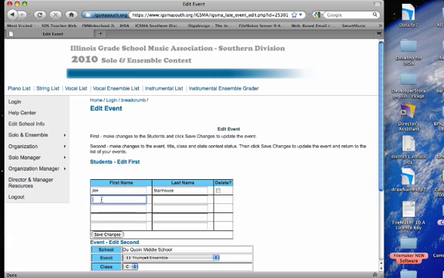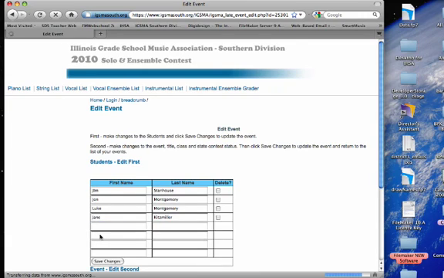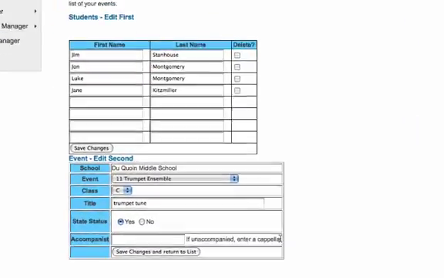Oh, now we can put in a whole bunch of names at once. One more. See, and now you can click those save changes like that. And it gives me more, so I could add more to it.